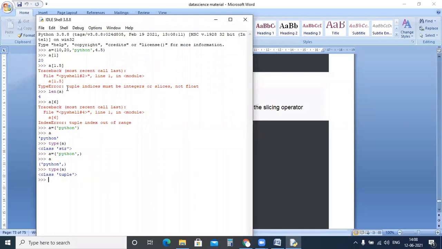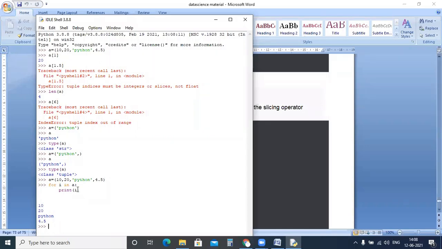And how to access all the elements also we have seen. I am just taking the tuple again. And if I want to access all the elements, how can I access? By using the for loop. So for I in A, then print I. This part also we have done. So all the elements are accessed by using the for loop. Right. So this is what we have already completed.